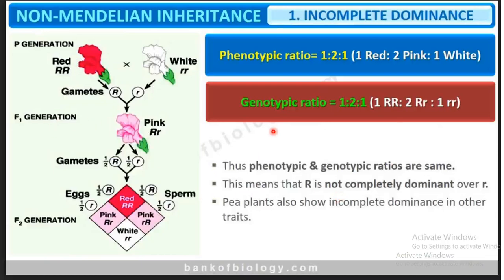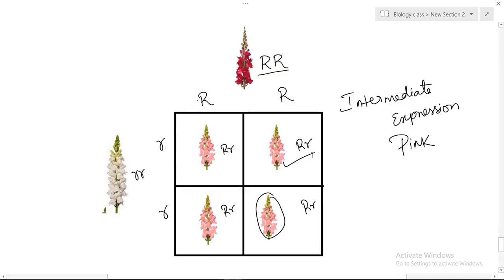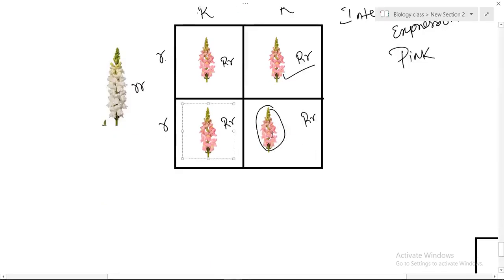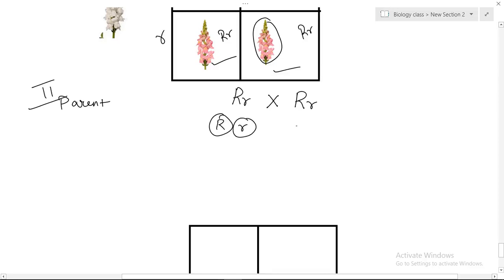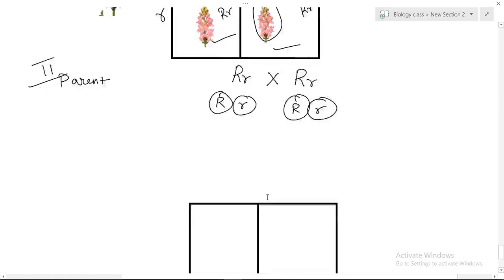The next thing you are going to do is selfing. So we are going to choose 2 pink flowers out of this, capital R, small r, which is self crossed with capital R and small r. So we are taking 2 pink flowers and doing the crossing. Okay, so this is the parent and it is generation number 2. So what will their gametes be? It will be capital R and small r. The other parent's gametes are also capital R, small r. So we are going to represent that